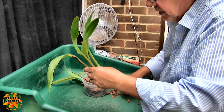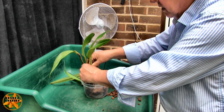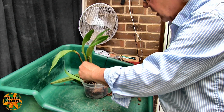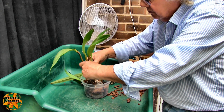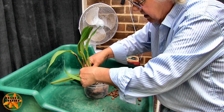If you're going to wire a plant in, you need to get the height of the plant right first, because once you put the wire on and pull it tight, that's the height of the plant. You can't get any underneath. So you have to get it right, and I'm happy with that. And then I'm going to push one wire across there, like so, and then the other one,